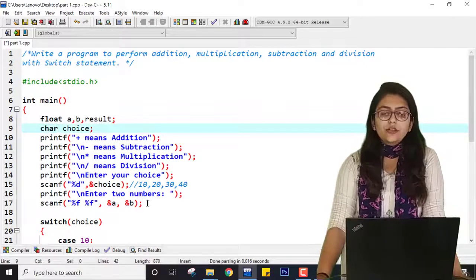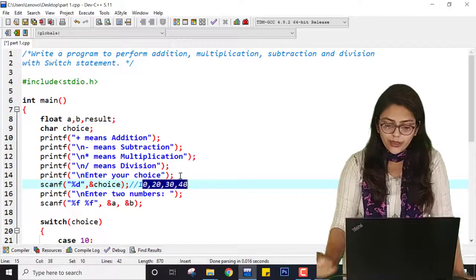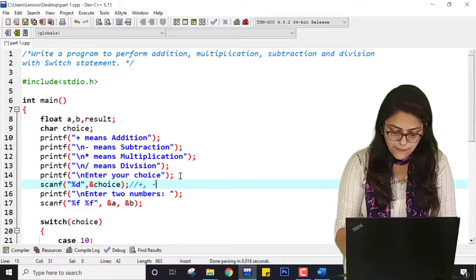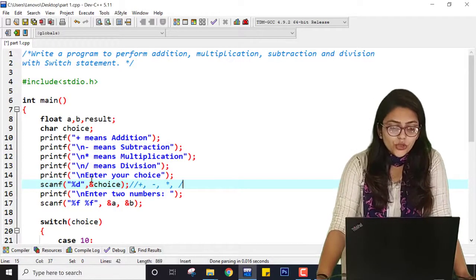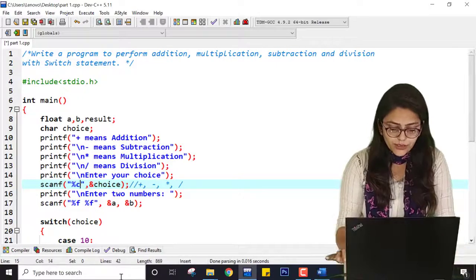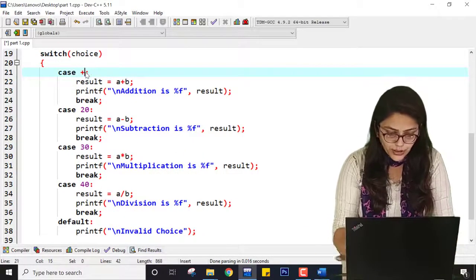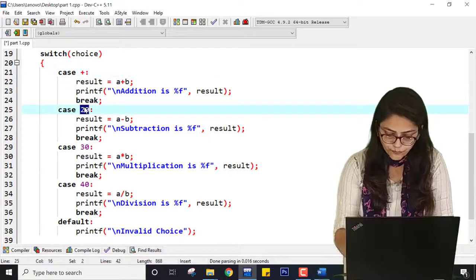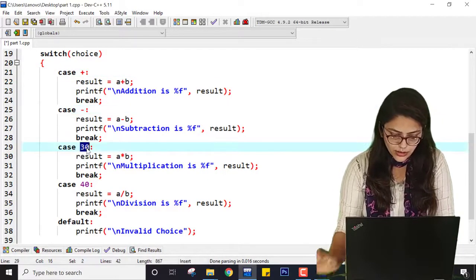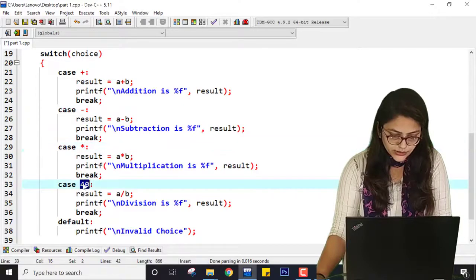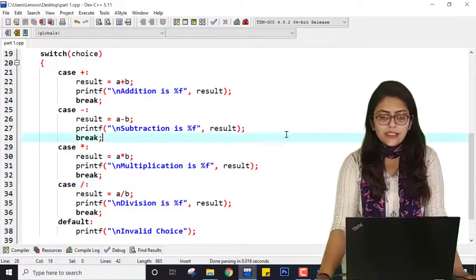So I have to take choice as a character, and now this domain becomes nothing but plus, minus, multiplication, division. Right? So here it will also be c. And here it will be plus, minus, star, and divide. Let me just save this program.